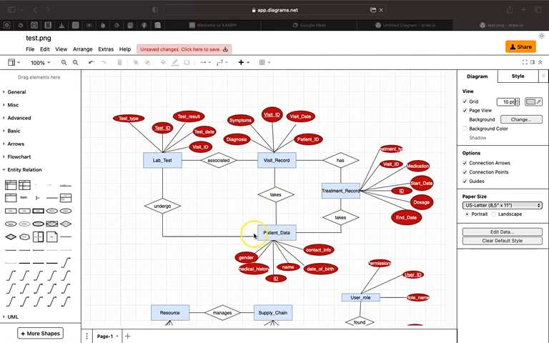Also, the relationship between patient and lab test is a one-to-many relationship, whereby one patient can undergo different tests in a laboratory. And also, the relationship between